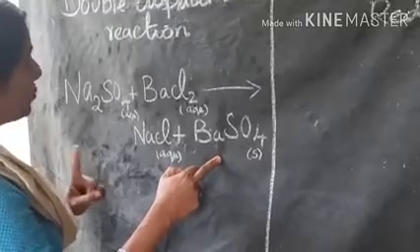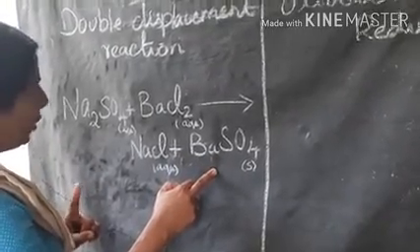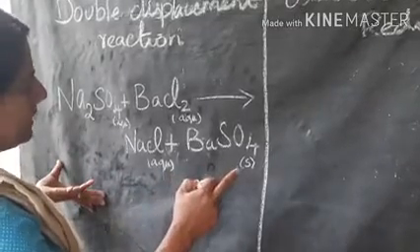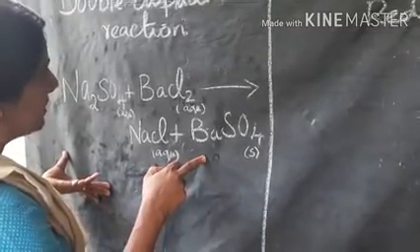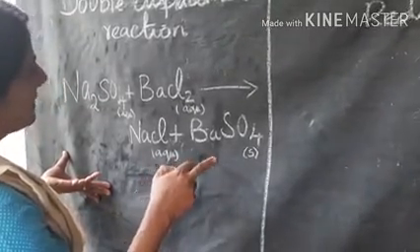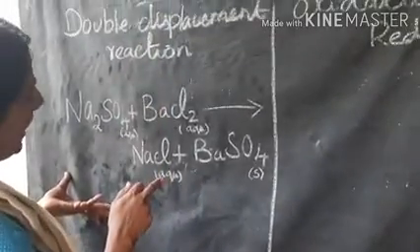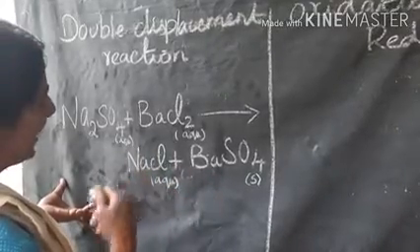Already we have discussed one equation in the first class itself. Hope you remember that. Okay, precipitate. What is a precipitate reaction? A reaction in which a precipitate is formed, precipitation reaction. So here, double displacement reaction is an example for precipitation reaction also.